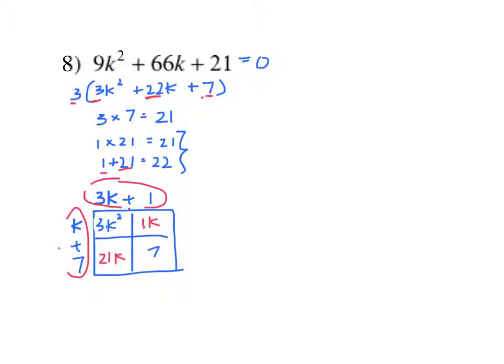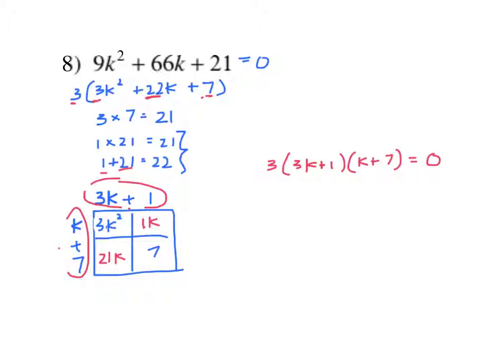So the factored trinomial will be 3 times (3k plus 1) times (k plus 7). And you can multiply that back together to double check that. And that is still going to be equal to 0. And then to solve this for x, or in this case I'm solving it for k,